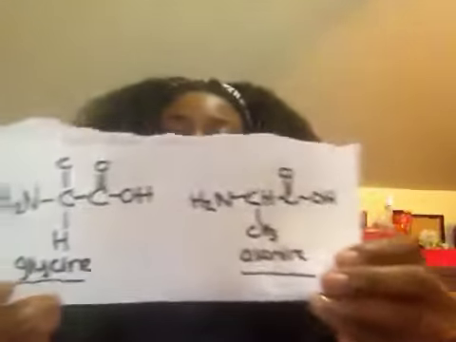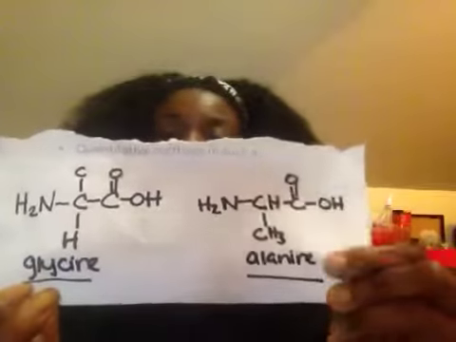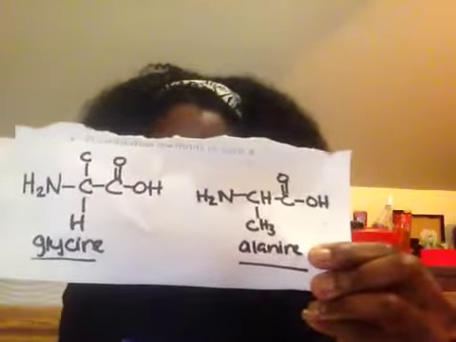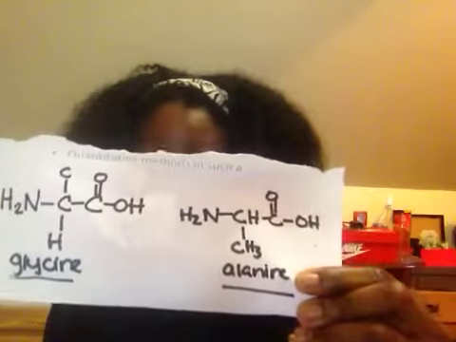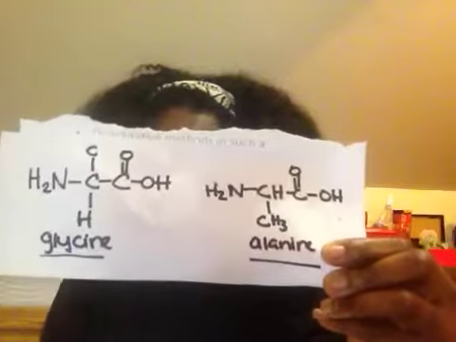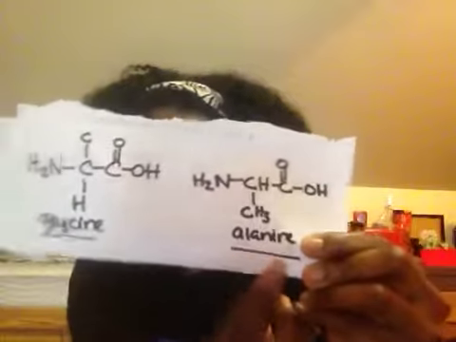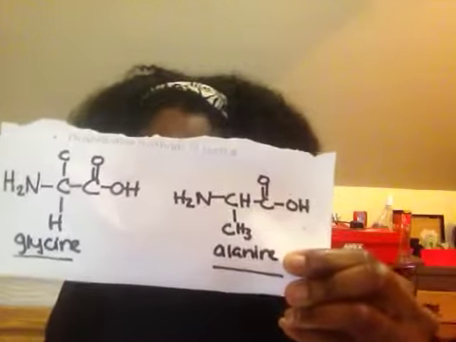Let's take two amino acids called glycine and alanine. Let's see what forms when we connect them. I decided to draw the glycine on the left and alanine on the right. The side with the free amino group is the N-terminus, and the side with the free carboxylic acid is the C-terminus. If glycine is on the left and alanine is on the right, when they come together they form a